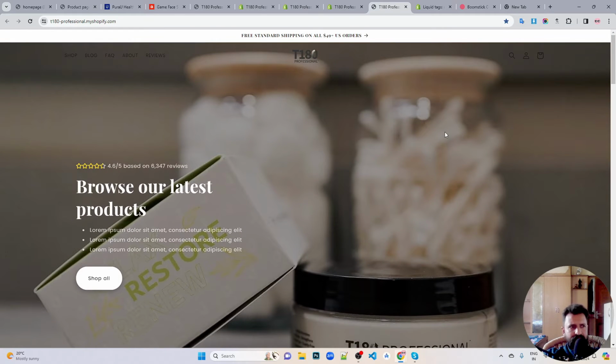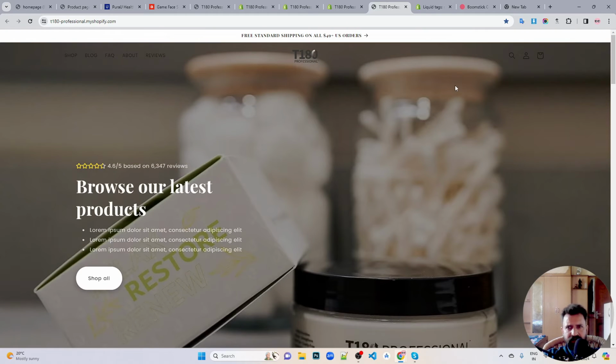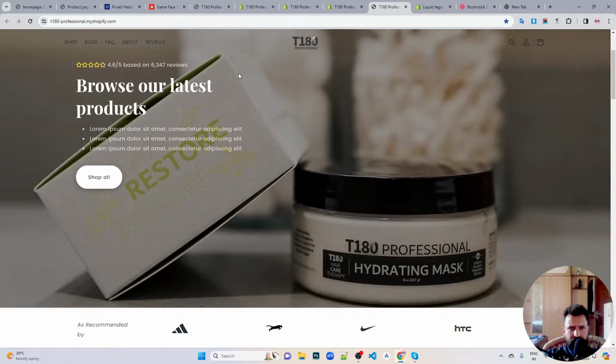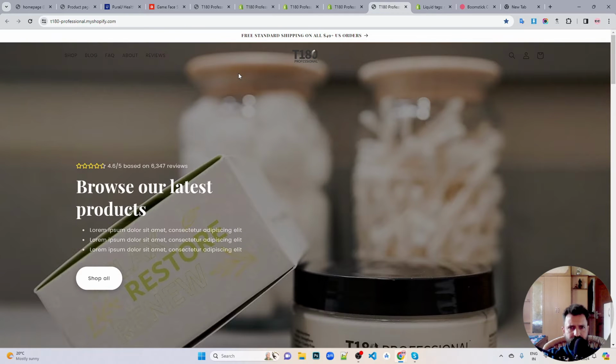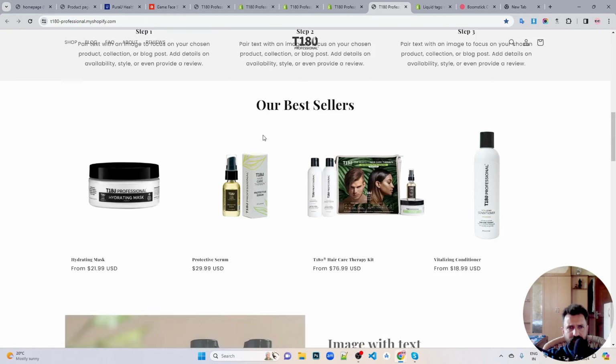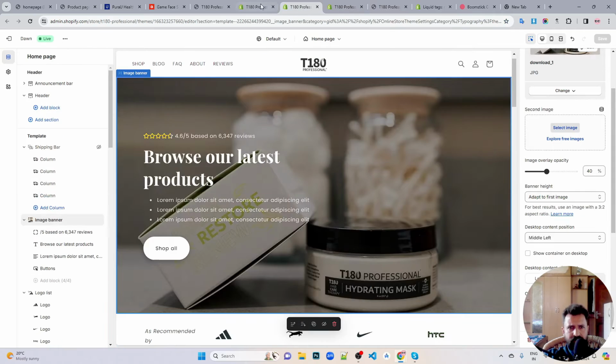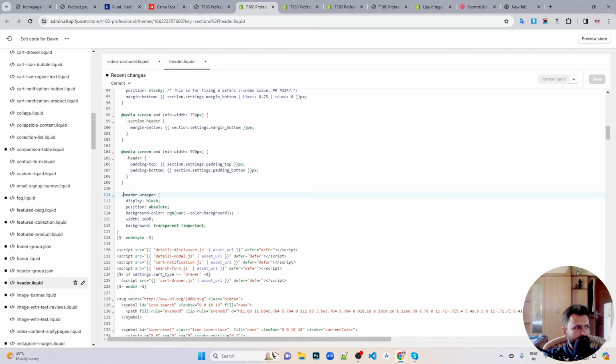Now one thing I need to do is this color scheme I need to change. Okay, this color scheme I need to change when we are on this header. So what we can do is, let's see. So this stays on scroll, this stays on scroll, and,